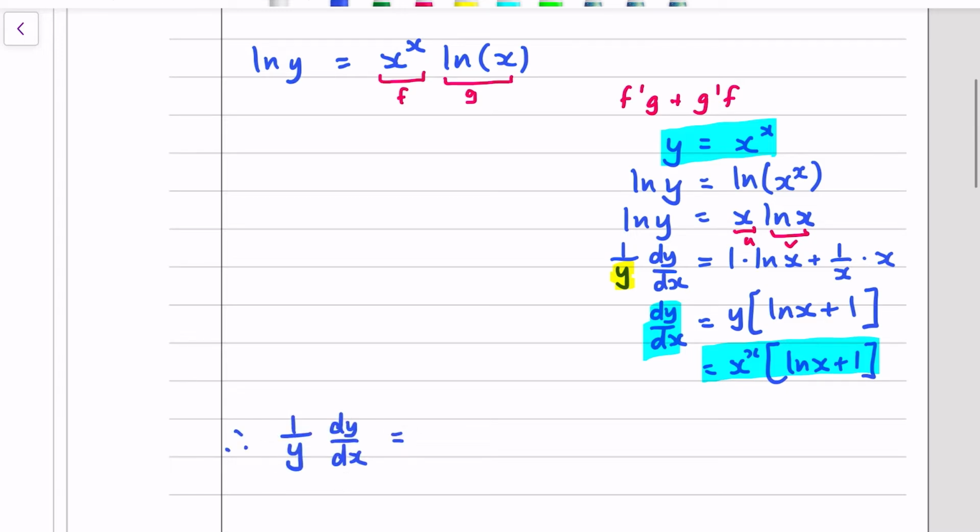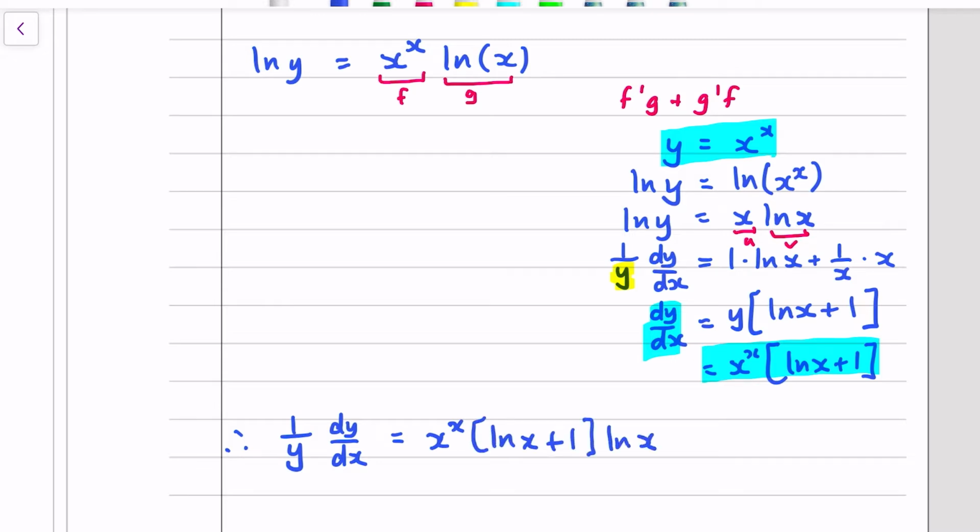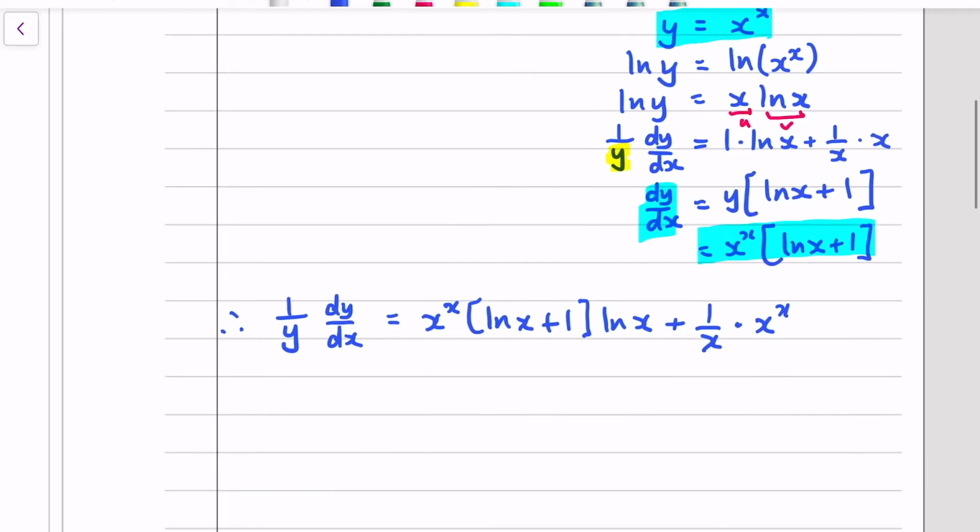So therefore 1 over y dy dx is equal to f dash, where f was x to the x, so f dash is this stuff I've just derived, multiplied by g, plus g dash multiplied by f. And again, multiplying both sides by y, we've got y multiplied by all this stuff,